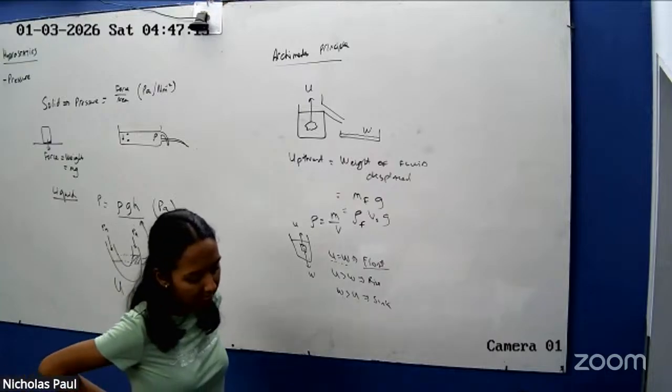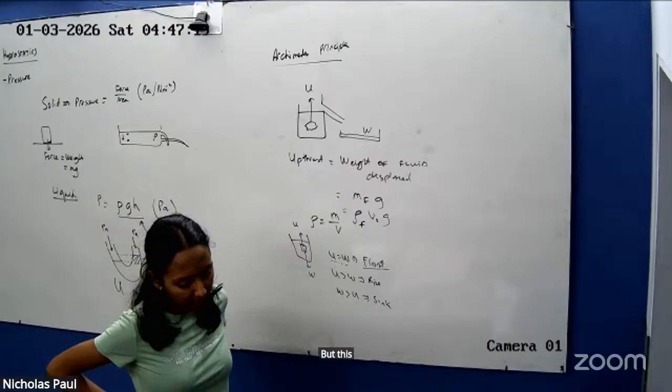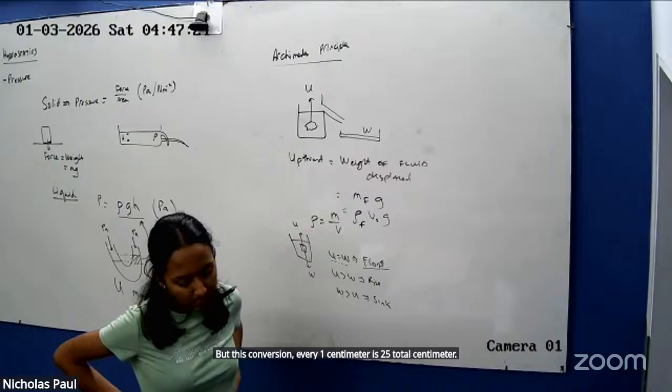I'll check back on this and find the speaking notes. But this conversion, every 1 centimeter is 25,000 centimeters. I know for sure that's what it does here, right? So